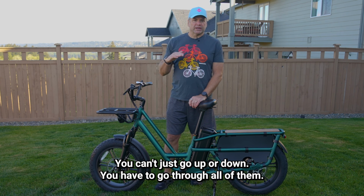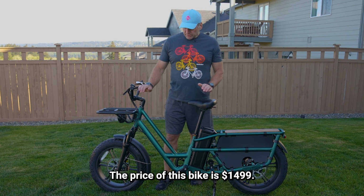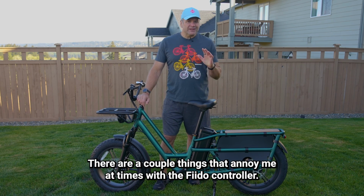You can't just go up or down, you have to go through all of them. And it is very heavy, as I mentioned, at 87 pounds. The price of this bike is $14.99. Regular price is $17.99. While there are so many things I like about this bike, there are a couple of things that